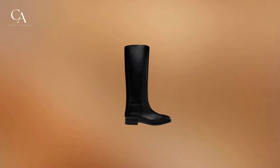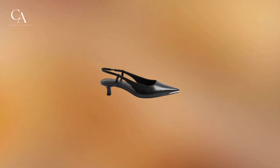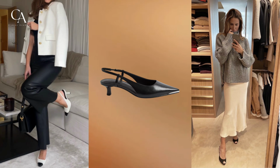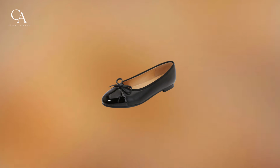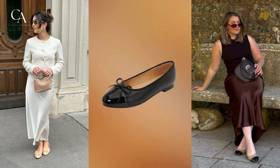For a more polished, structured look, consider sleek, slim black boots. Paired with tights, skinny jeans, or even a midi skirt, these boots create a streamlined silhouette that's both chic and versatile. If you're aiming for a touch of femininity, kitten heels are an elegant option that adds a slight lift while remaining comfortable. And one of my personal favorites, the ballet flat, is timeless and versatile, pairing seamlessly with skirts, trousers,